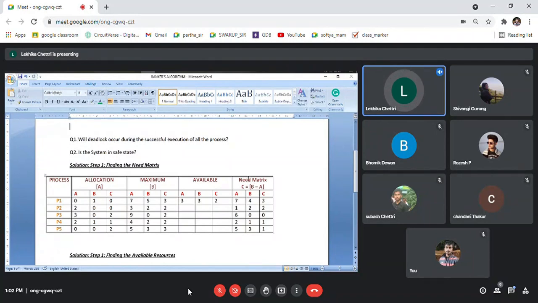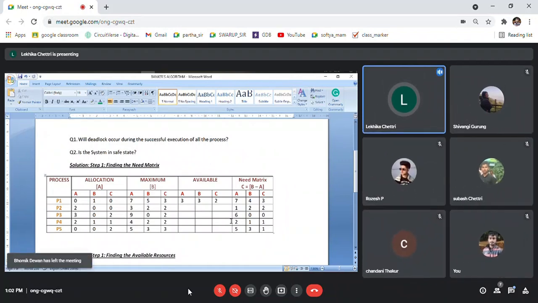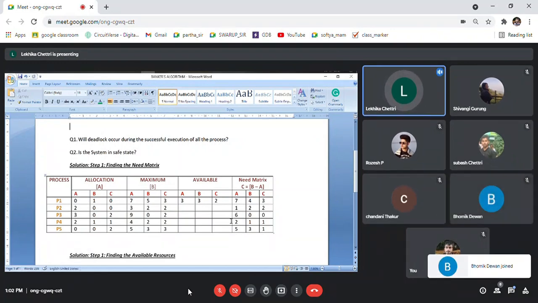It is a step of the algorithm, you can check it. You can see the need matrix in the algorithm. That is how we found the need matrix. The purpose of finding it is finding the safe state. The banker's algorithm, to avoid deadlock, says we have to find a safe state. If your system can enter a safe state, then it will not enter deadlock. That means by finding the safe state, you may avoid deadlock from occurring. So the first step of the banker's algorithm is finding the need matrix. That is what we have done so far.